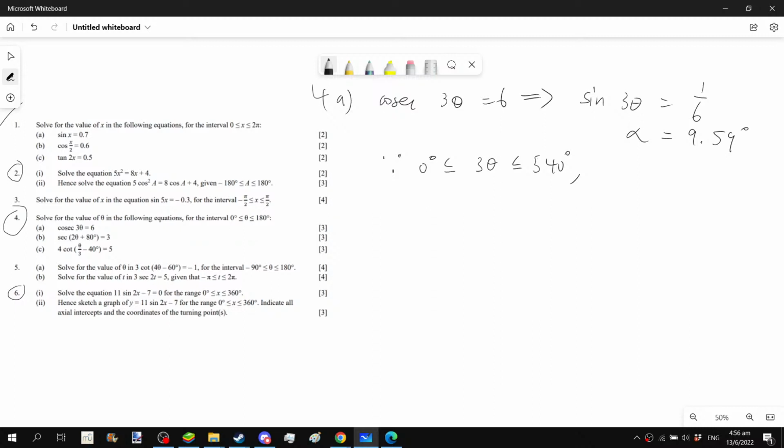In this case, it's quadrant 1 and 2. And so we will say that 3 theta can be alpha, or it can be 180 minus alpha, or it could be first quadrant with 1 extra revolution. In fact, it could even be second quadrant plus 1 revolution, like this,